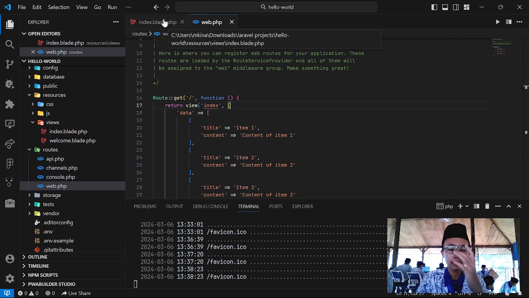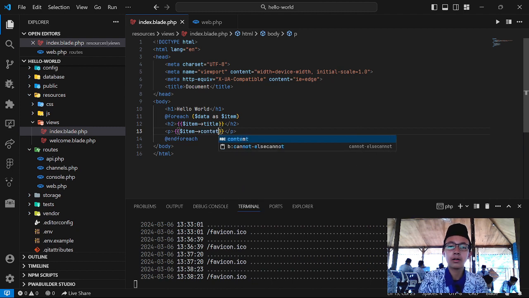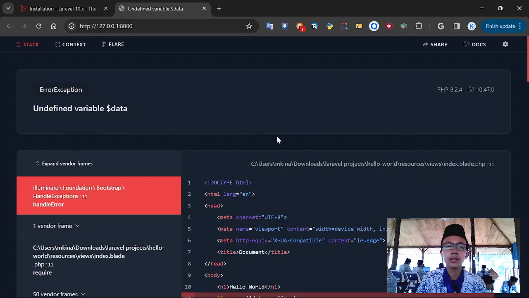And now in the index.php, I'm going to modify this inner text of h2 to curly bracket, item title. And inside the p, curly bracket, item content. So now if we go back to the web page, to the view, the browser, refresh,